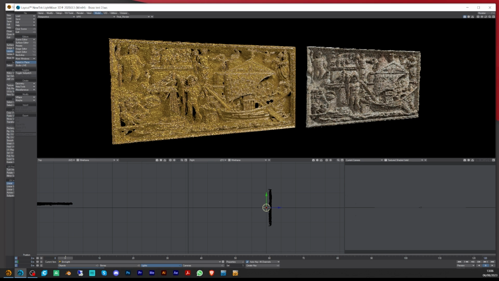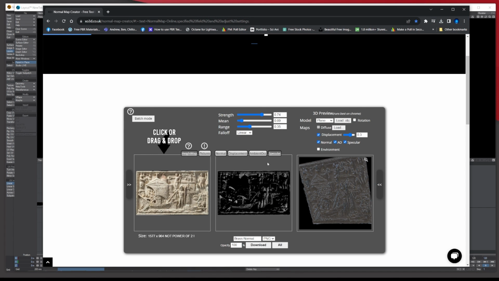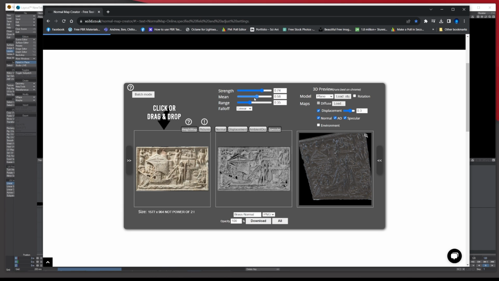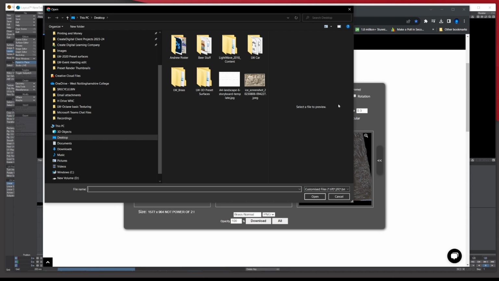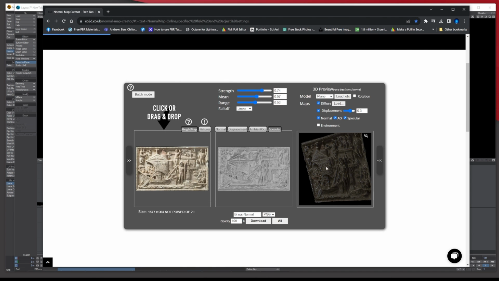But also, if you've never used the site, have a go at this site here. It's free. It's not massive and it's not hard. You can actually upload the diffuse if you want. So if I wanted to put the original image up, well, this one isn't the original, you can add that on, and you can decide what shows up. You can get it to rotate to see what it looks like rotating. You can load the object up as well if it's not flat. You might have a statue with some kind of texture you want on it, and so on.